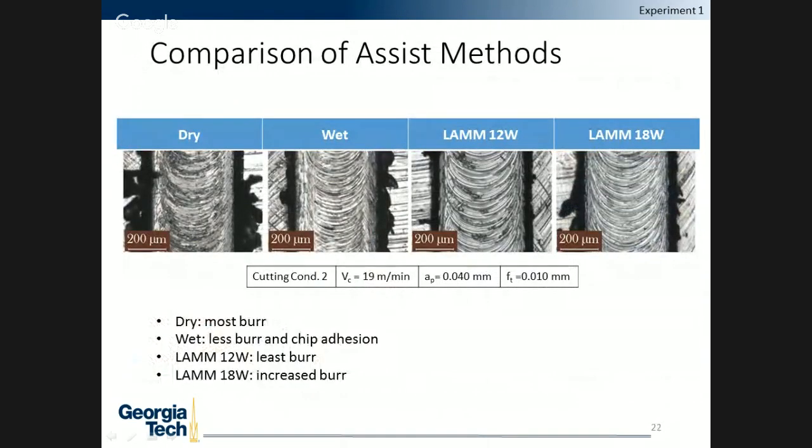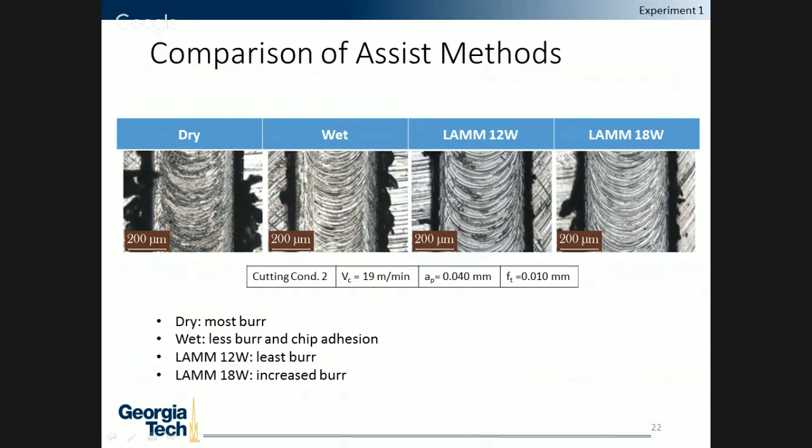And then to further compare the micromachinability of the different assist mechanisms, we can see that dry had significant burr, as shown, and that's expected because there's nothing helping the cutting condition. We can also see significant burnishing on the surface, as well as a lot of chip adhesion, shown by these little black specks. In the wet condition, with the addition of lubricant to the workpiece, that oil helped flush away